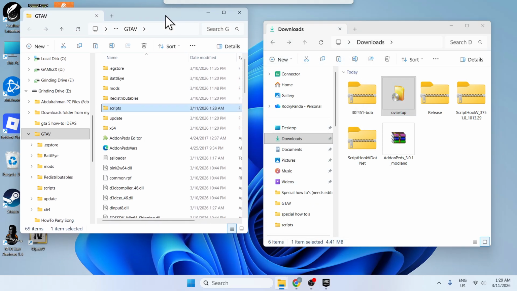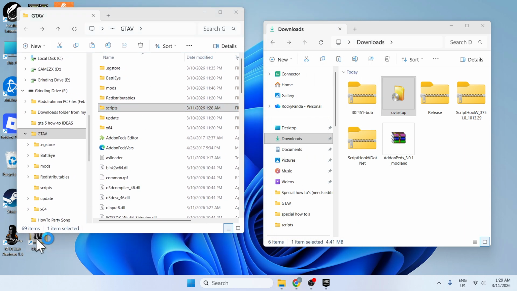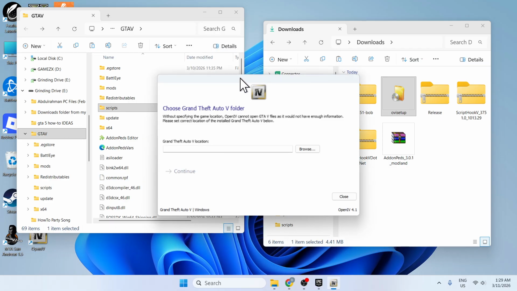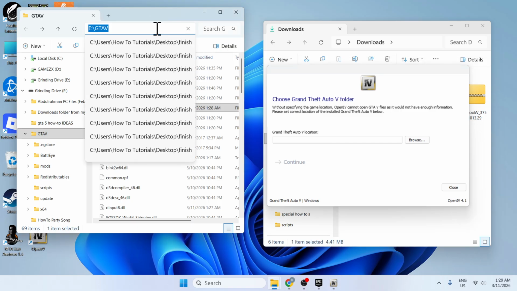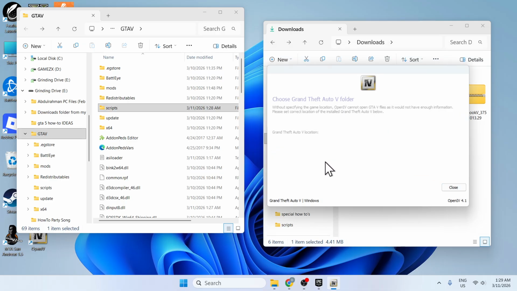After you download the installer, you should be able to see it on your desktop over here. So I'm gonna open it and then choose GTA 5. Here it's asking for the GTA 5 folder, so copy this one and go to browse and just paste it over here, and then continue,